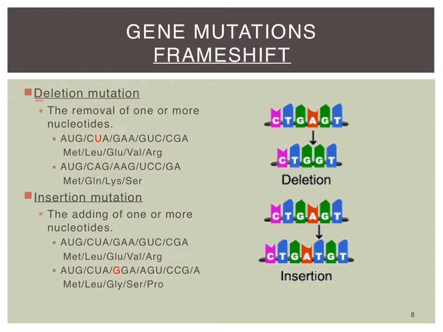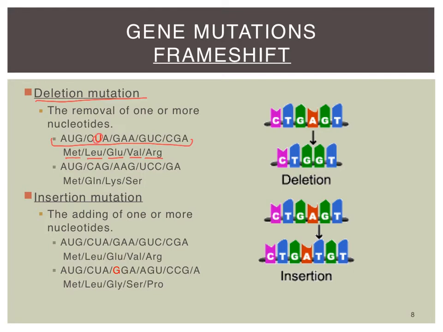So in a deletion mutation, like here, remember this is removing one or more nucleotides from DNA, so that would affect the messenger RNA. So this is our messenger RNA here. What we're showing is what would normally be coded for by this messenger RNA transcript during translation. We would get the methionine, leucine, glutamine, valine, arginine here, and just by removing this U,